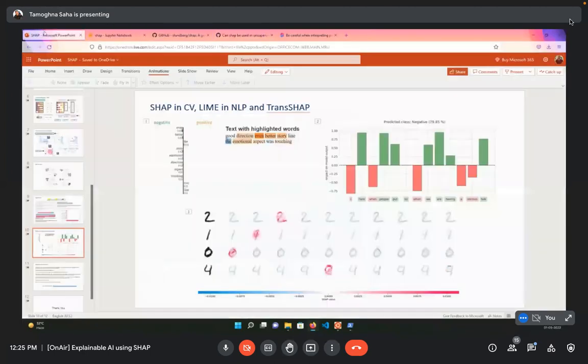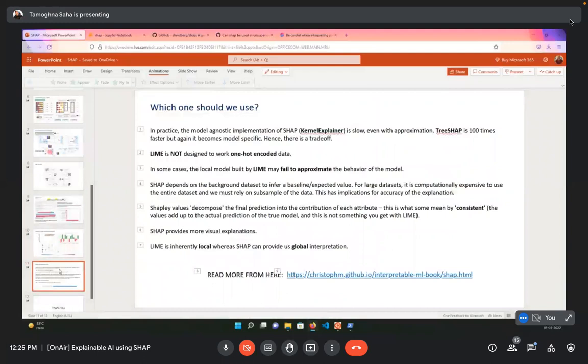That's where I told you that if you have narrowed down to saying that tree-based models are much more reliable, then just stick to that and make use of it. Then tree SHAP would be useful, linear SHAP would be useful. You can tweak something and finally get some insights. But I would definitely suggest not going with the entire data set. If it's millions of rows, always take subsamples and stratify those records properly. Then you will be able to get more insights and understand that this makes sense to some extent.